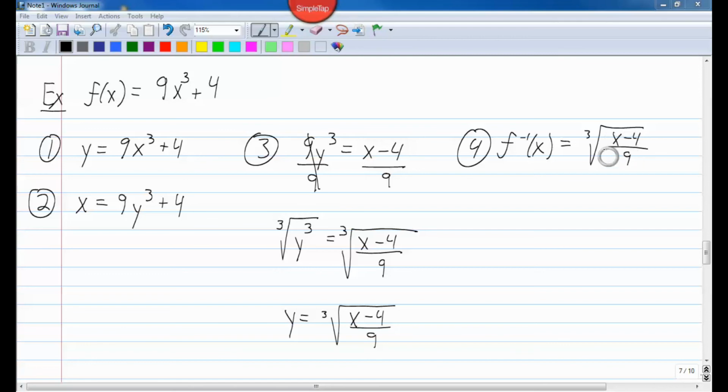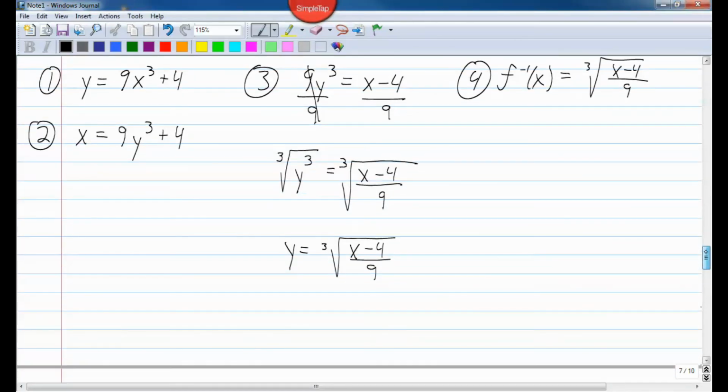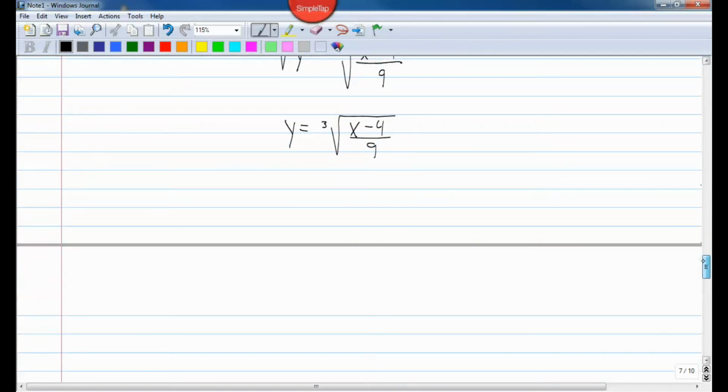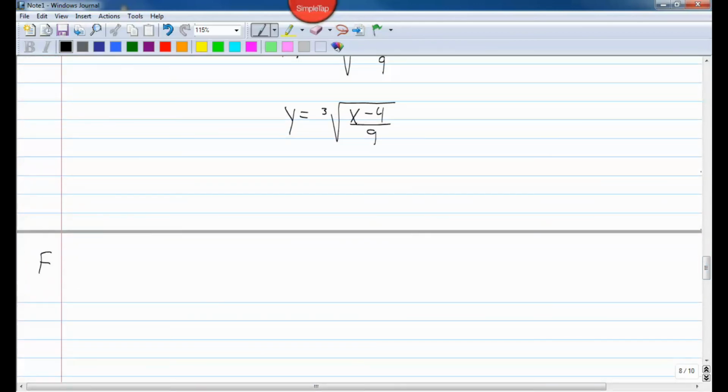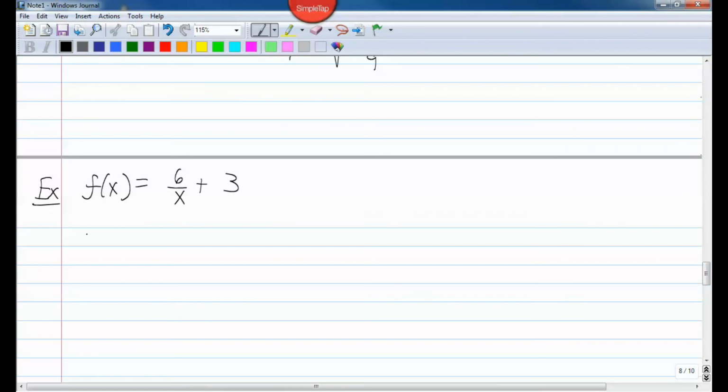There's a couple of ways I could simplify that, but for what we do, that answer is good. Alright. I'm going to work one more challenging example. Let's say that I had f of x equals 6 over x plus 3. And I want to find the inverse. Okay? So step 1,